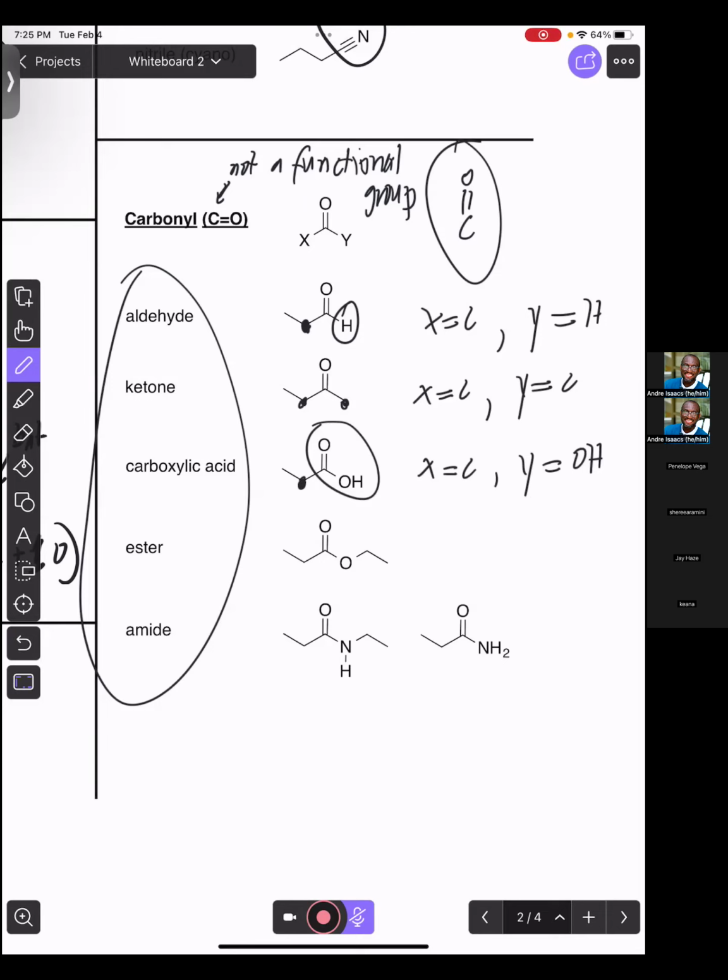Now an ester looks very similar to a carboxylic acid, but if X equals C and Y equals OC, you'll notice this O is attached to a C. And finally with amides, if X equals C and Y equals N, that gives you an amide. So these are how you recognize them. I know this is a lot,